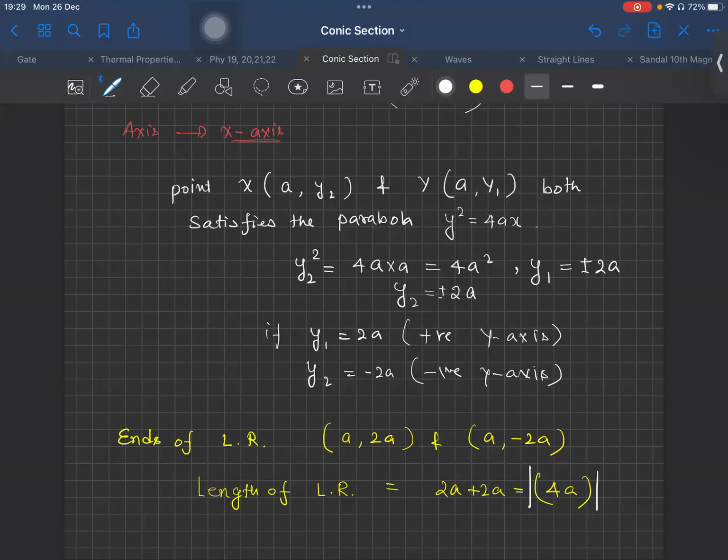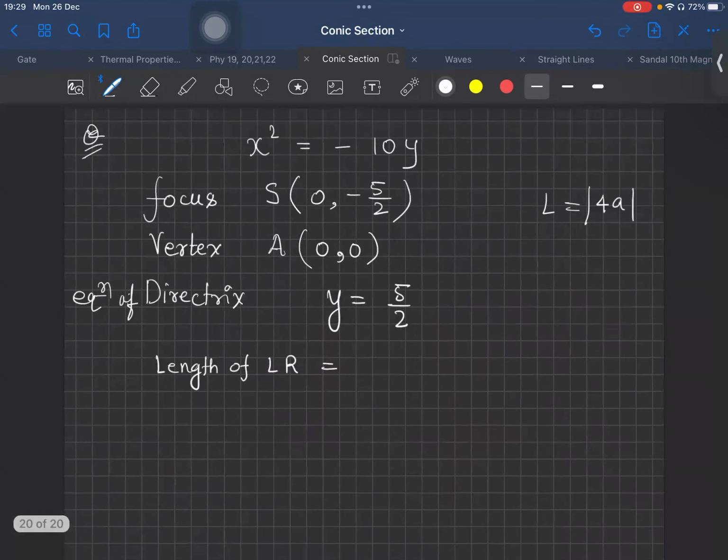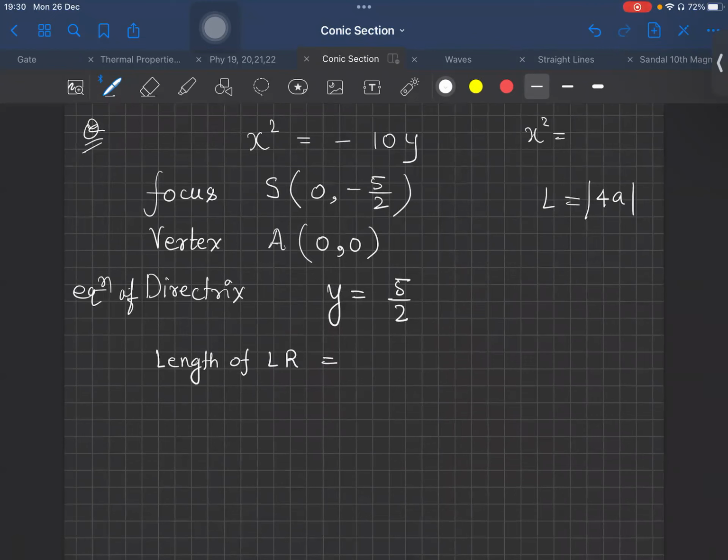See, the thing is, in different books, it's been used in different ways. Some books will define the latus rectum for the type of parabola x square is equal to minus 4ay. I'm just defining x square is equal to 4ay. Here the value of a will be negative, and here you will get a positive. That's the difference, but overall it will remain the same. So yes, modulus of 4a. A value you have got is 5 by